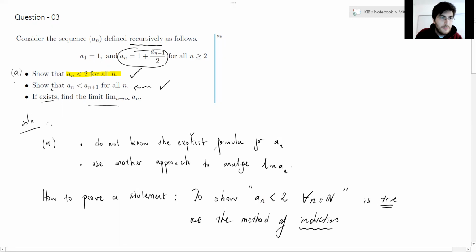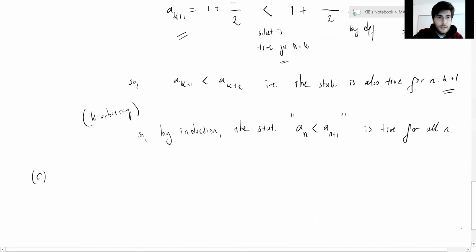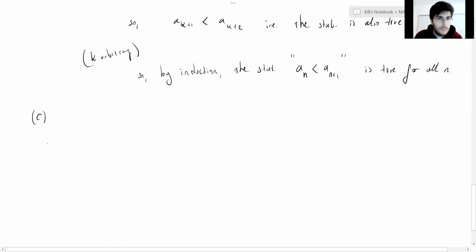In part B, it says that the function is increasing. Remember the theorem: if you have a sequence bounded above, and if your sequence is increasing, then it is convergent, right? So the limit exists. Okay, so therefore,